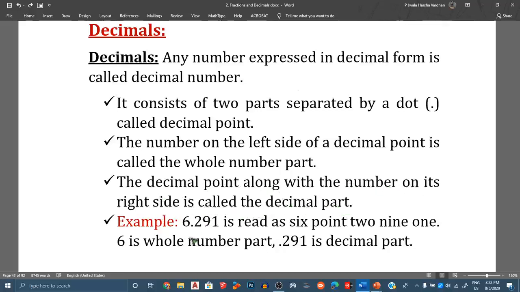So for example, 6.291 is read as 6.291. 6 is the whole number part here, and including the decimal point, this .291 is called the decimal part of the decimal number. Up to here it is the whole number part, and along with the decimal point, these three digits are called the decimal part. Okay, next,